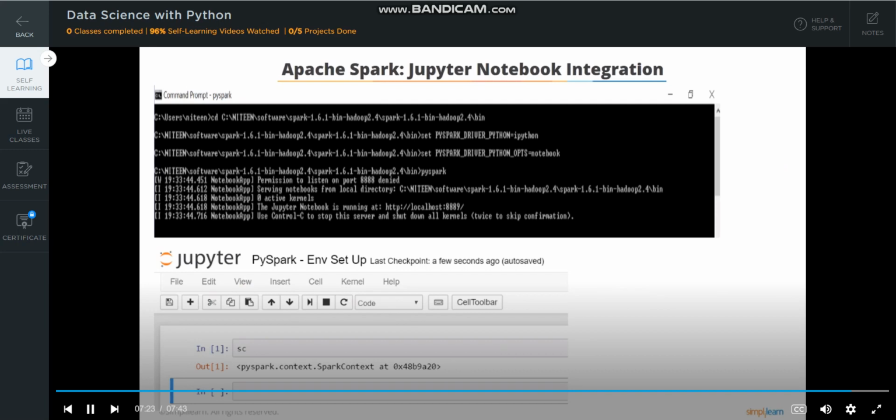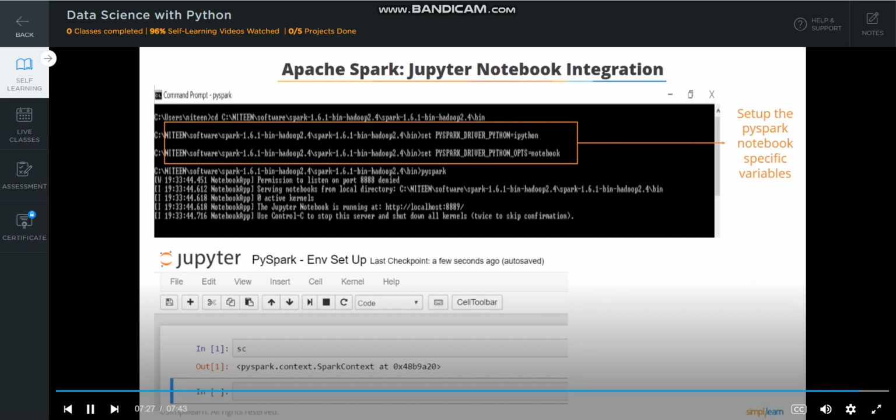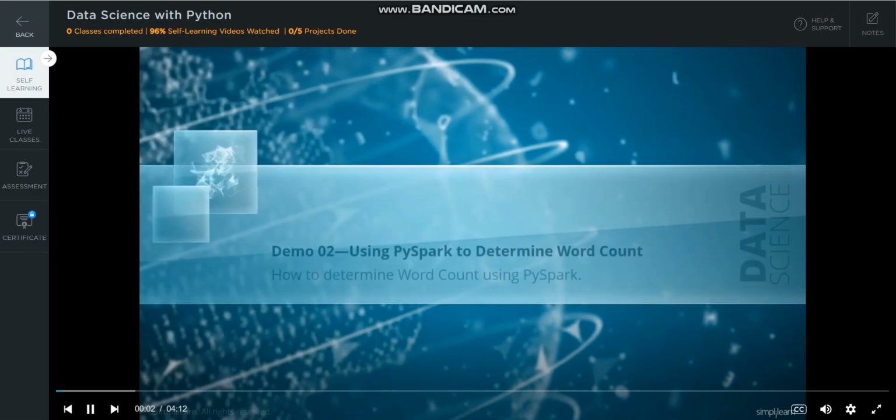Now let's set up the PySpark Notebook specific variables. This will integrate the Spark engine with Jupyter Notebook. Type in PySpark. It will launch a Jupyter Notebook after a while. Create a Python notebook and type in sc command to check the Spark context. In this demo,